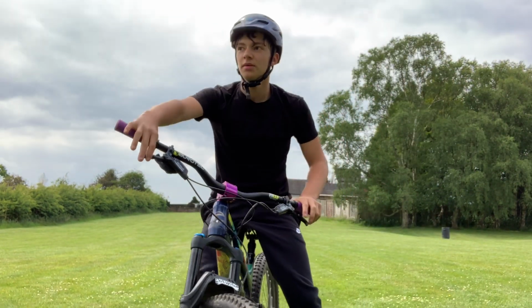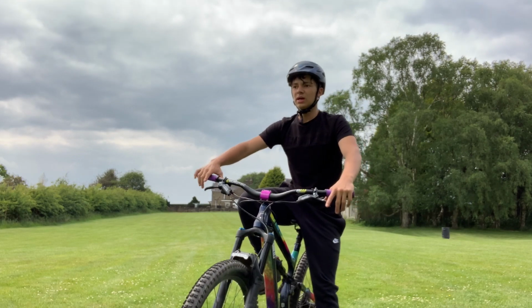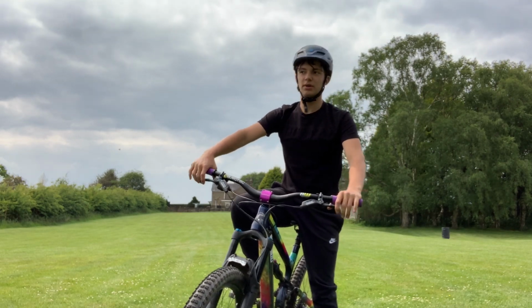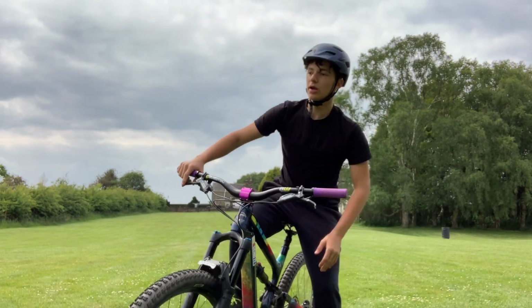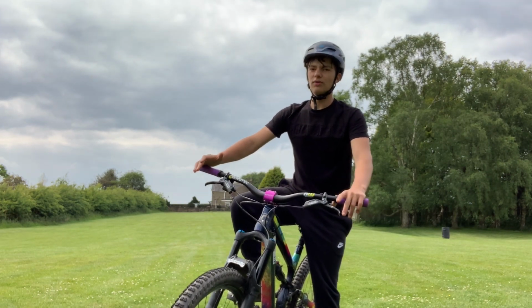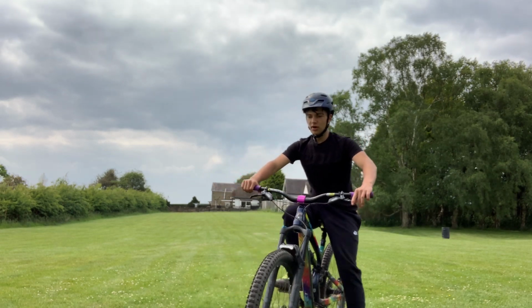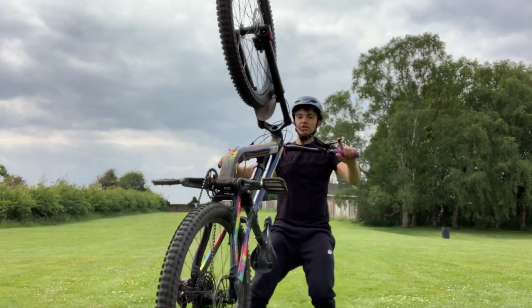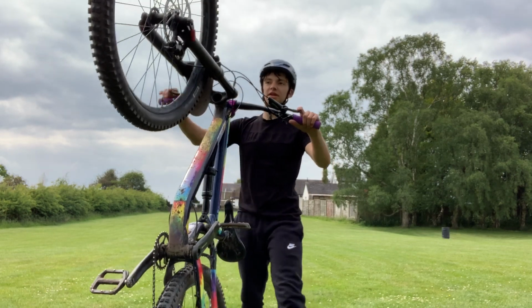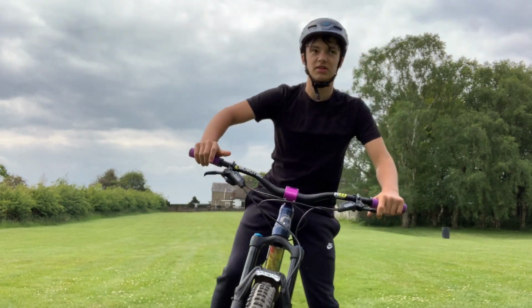Right, so step two is basically learning how to bail. So say if you forget to press your back brake, which most people do at the start, you'd know how to fall off without landing on your back. So say if you go too far up, just spring onto your feet. I'm making it sound easy, it's easier said than done obviously, but